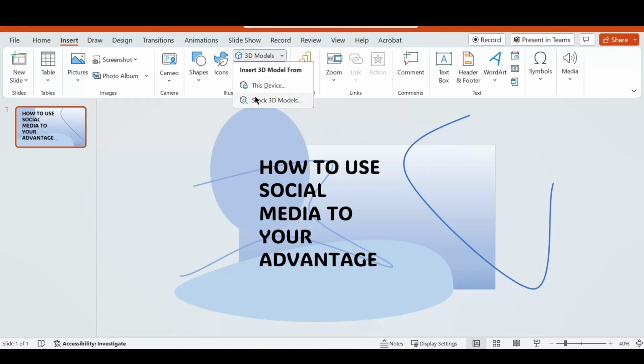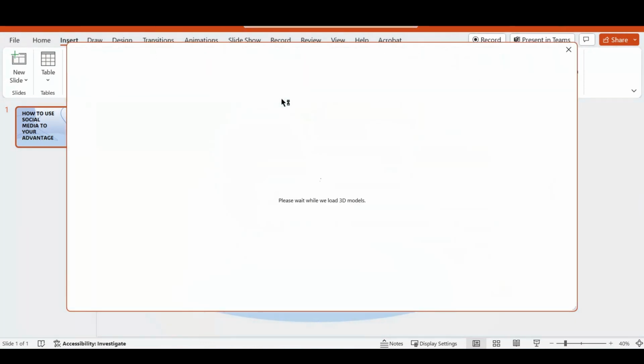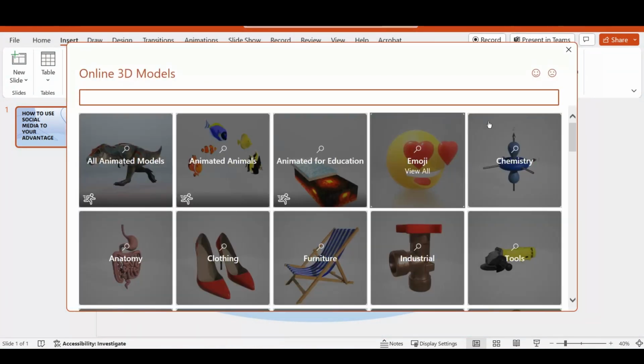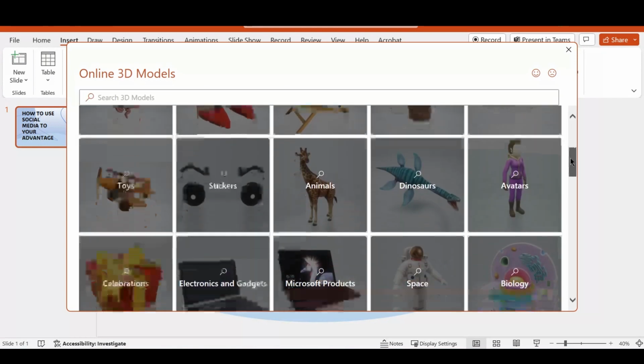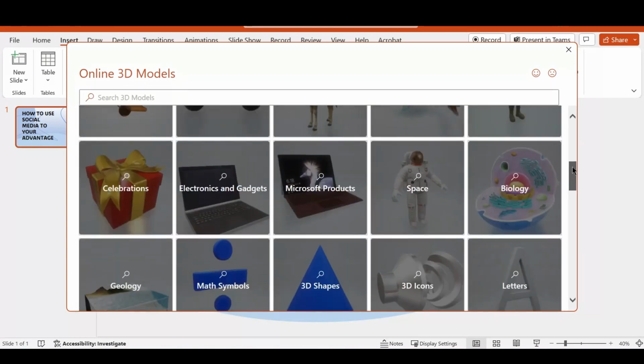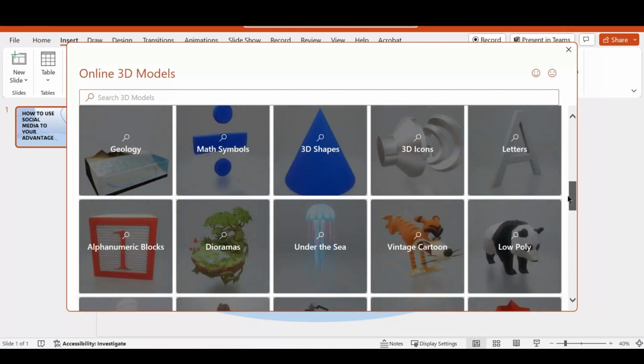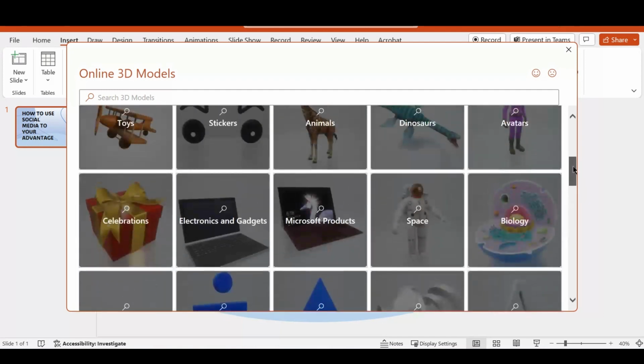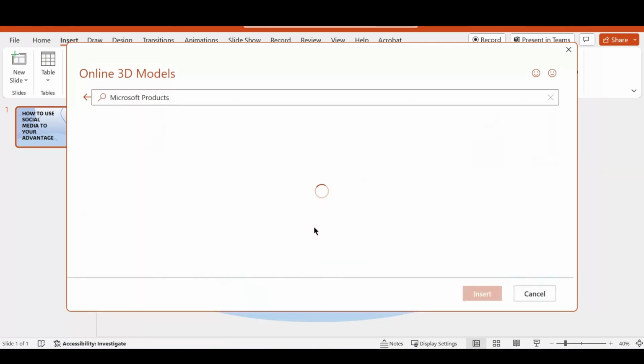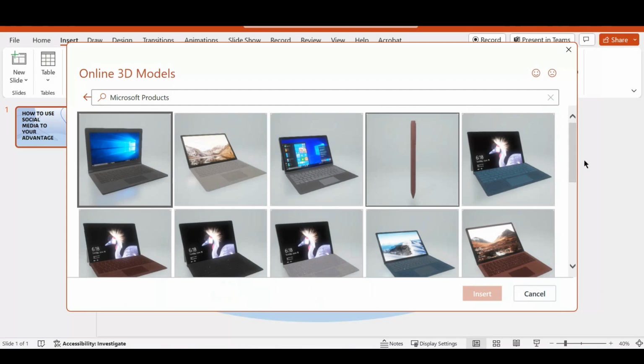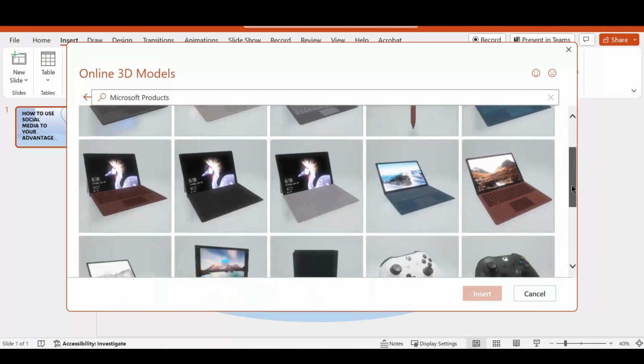Once you click there, I'll search for stock 3D models. Then this window will pop up for online 3D models. There are a bunch of models that you can choose from. It doesn't really matter what you want to insert. You can work through all of these and see which you prefer. Let's do a Microsoft product. Since we're using the Microsoft platform here, let's insert